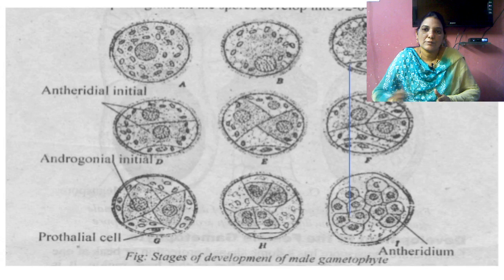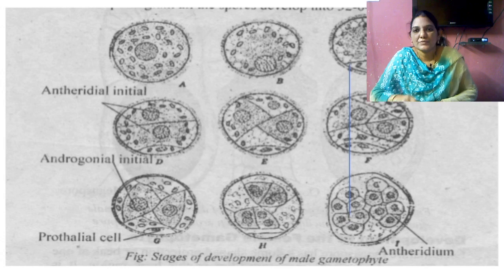So they divided into each other in 8 cells. So here the complete androgonial mother cell divided into so many cells, and each cell changes into an androspore. The androspore has a spiral shaped structure, and it has so many flagella.